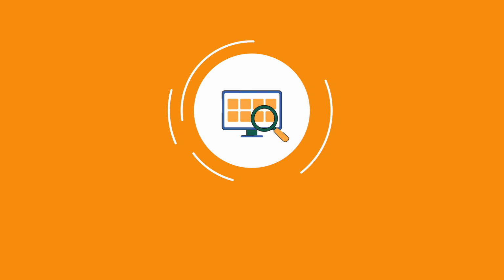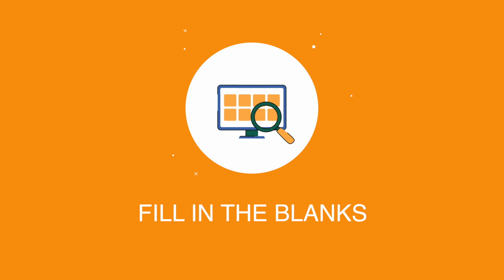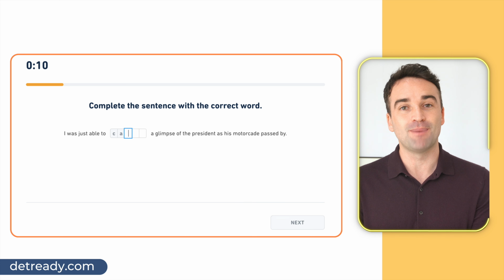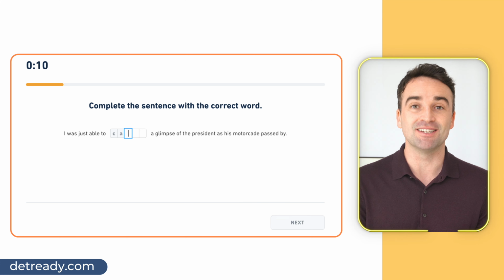Okay, now moving on to the final change, which is all to do with another new question type, and it's called fill in the blanks. Last but not least, we have another new question type. It's called fill in the blanks, and it looks like this on the test. On this new question type, you'll be shown one sentence with one missing word for you to fill in, and you simply fill in the blanks by typing the missing letters of that word.